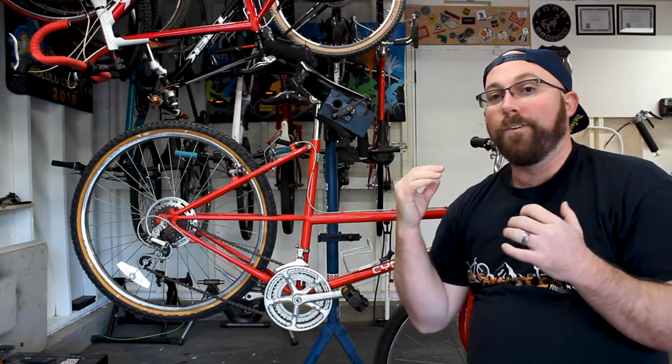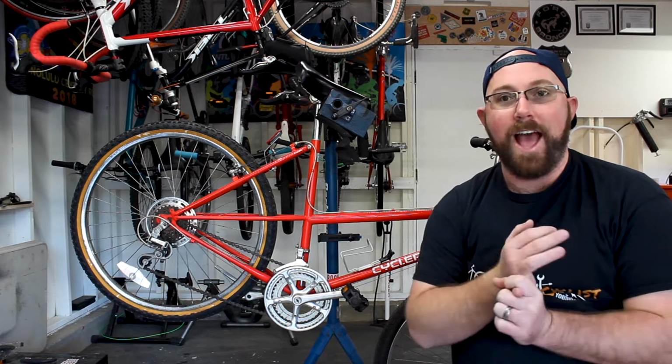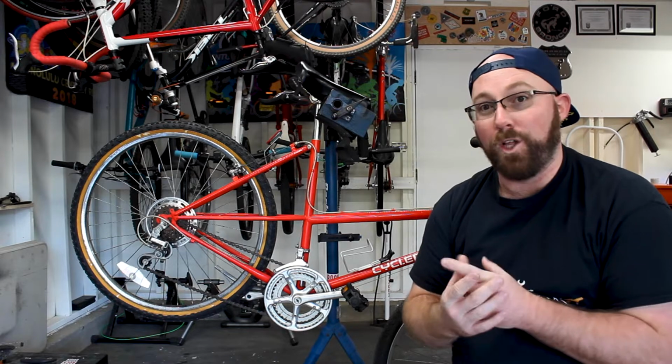and that's going to be in rigidity of your front end. So biggest thing with mountain bikes nowadays is you're going to have a tapered head tube. So you're going to have from 1.5 to 1.125 or just 1.125 straight tube. You're also going to have thicker bars, you know, a 31.8 or even a 35 millimeters is the new kind